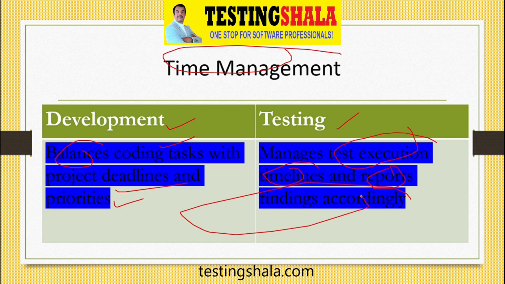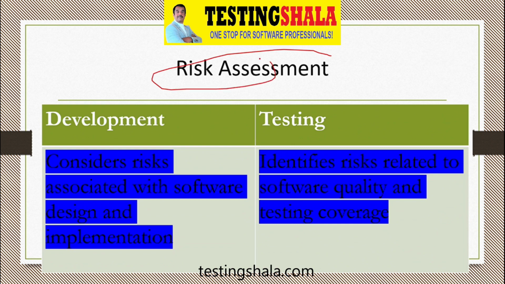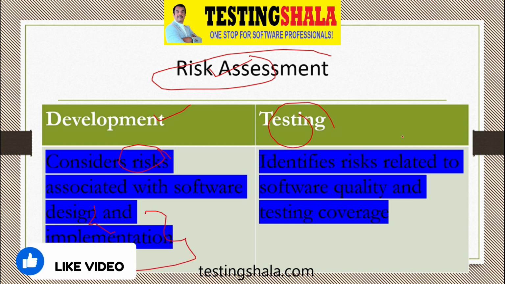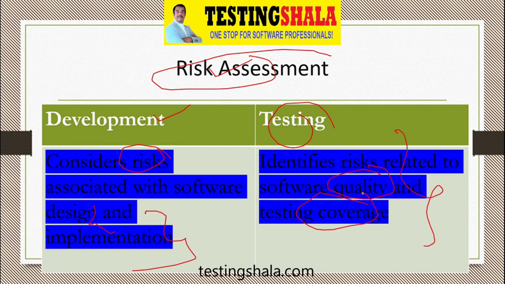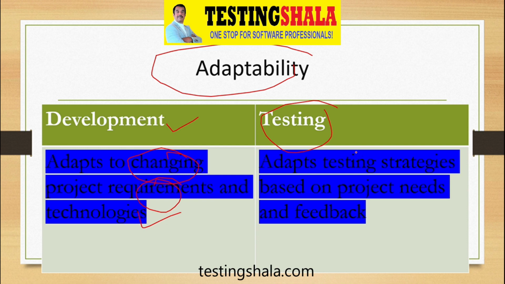And the next key difference is risk assessment. From the development perspective, they consider risk associated with software design and implementation all the time. But the tester will be considering risk as identifying quality and test coverage. And in terms of adaptability, the software development team adapts to changing project requirements and technologies. But from the testing perspective, adapting testing strategies based on project needs and feedback is very much required